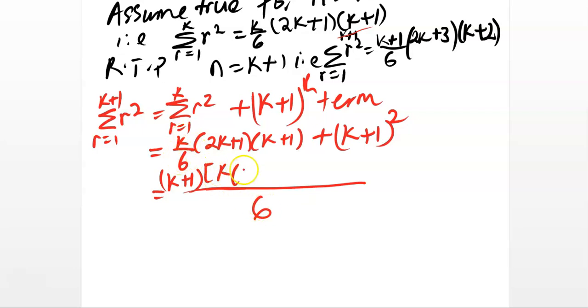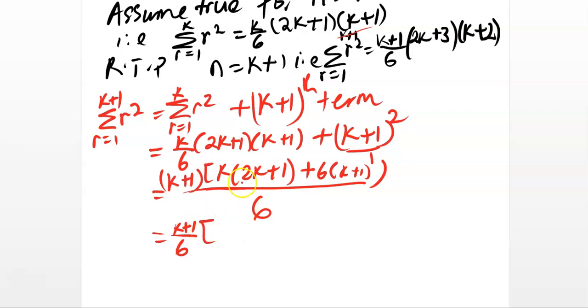So we have k into 2k plus 1, plus 6 times k plus 1, because k plus 1 has been factorized. So we now have k plus 1 over 6. This one gives us 2k squared plus k plus 6k plus 6,